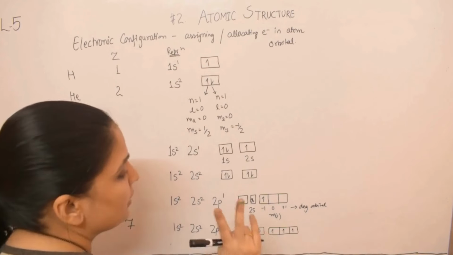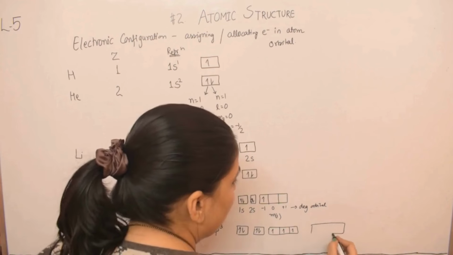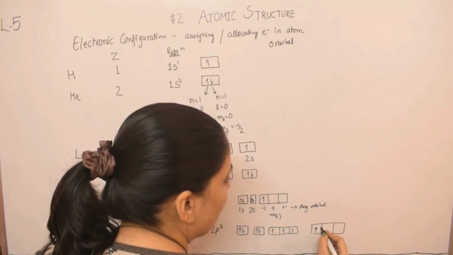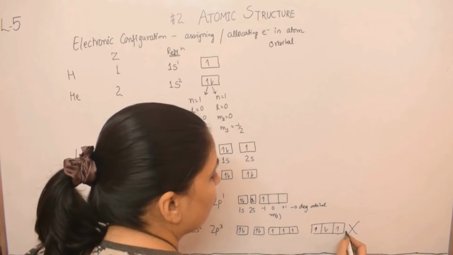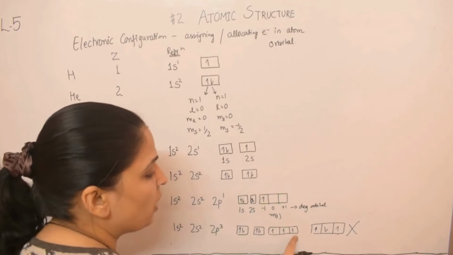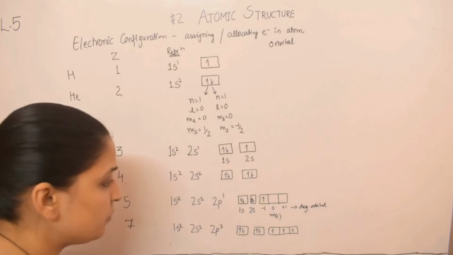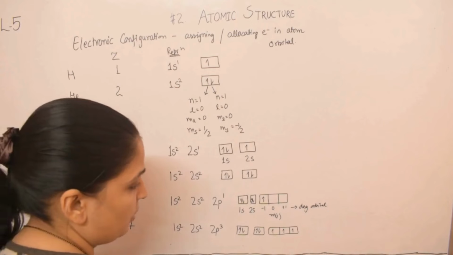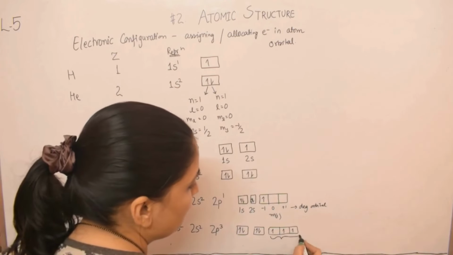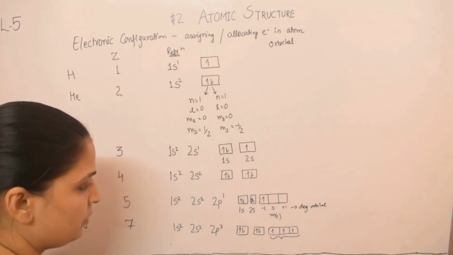That is the first thing. The second point is that all the spins will be up. If you write one up, one down, another up, this is not correct. This is not following Hund's rule. All have to be up or all have to be down. This is what Hund's rule says: degenerate orbitals are singly occupied with the same spin.